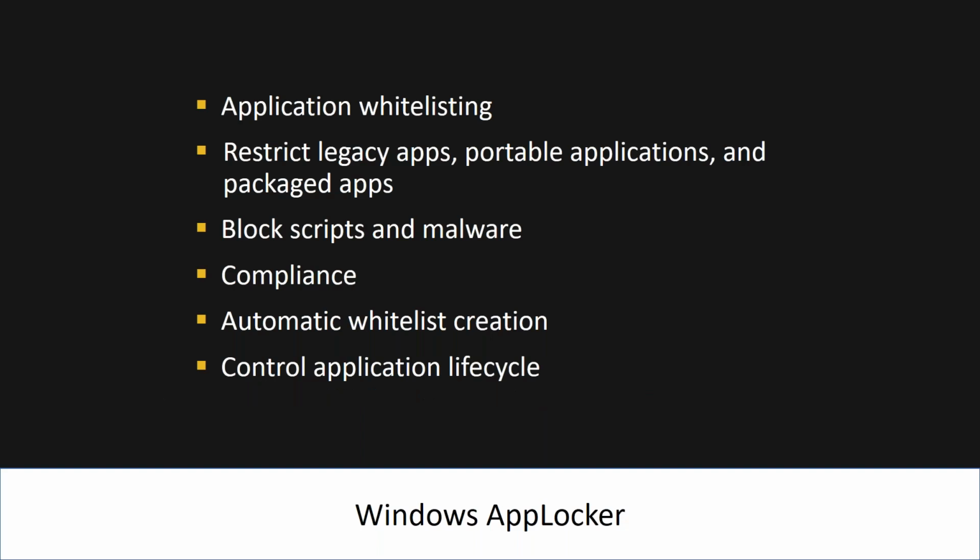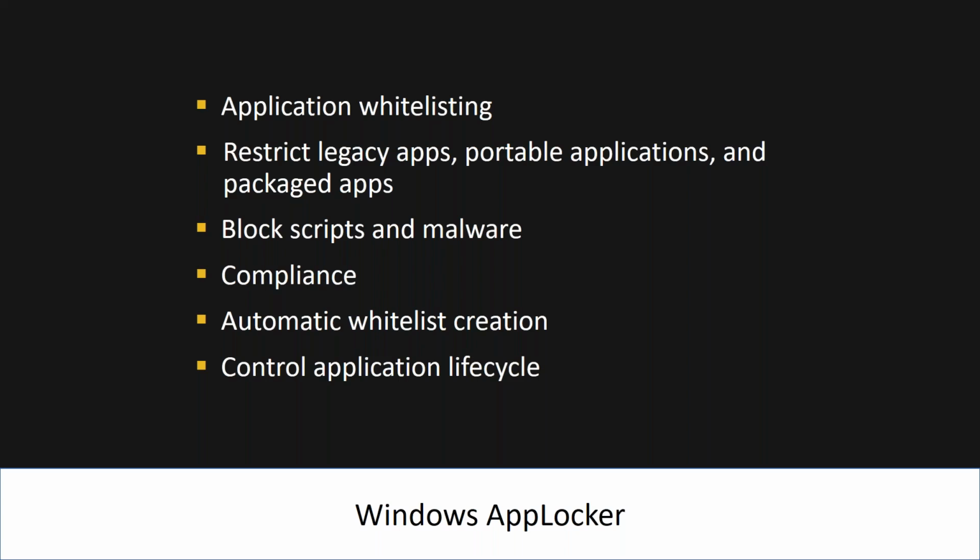So, what about the built-in technologies in Windows? I mentioned AppLocker, and this came along in Windows 7. It was a kind of evolution of the software restriction policies that we had back in Windows XP. So what does this allow you to do? It allows you to create a whitelist of applications, and only these applications will run on your devices. It doesn't apply just to applications, it also applies to scripts and packaged store applications. And of course, you can use this to make sure that users are not running software that you haven't